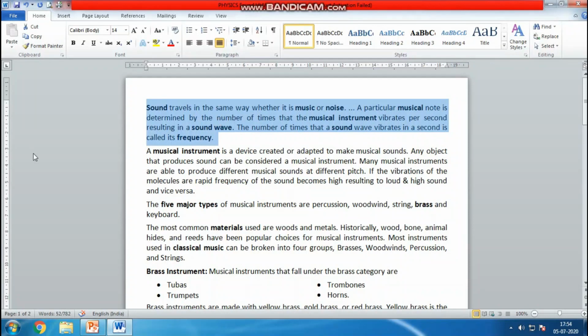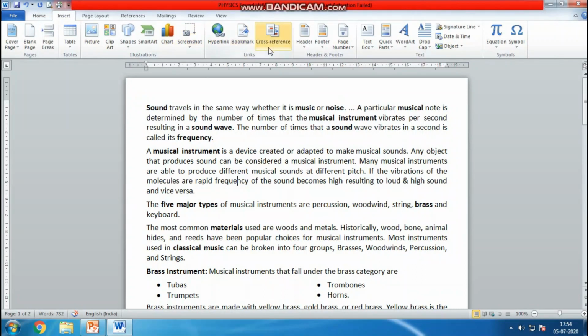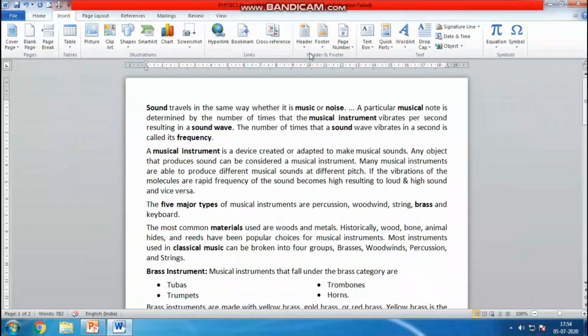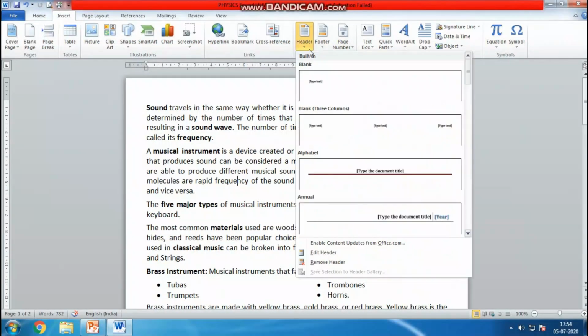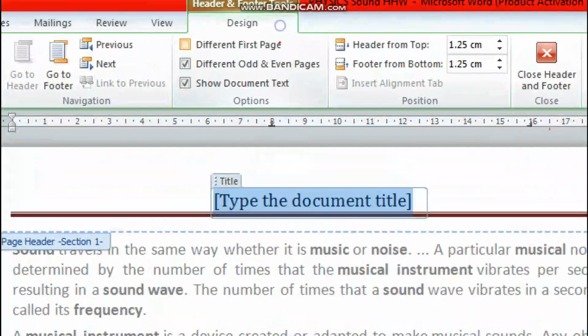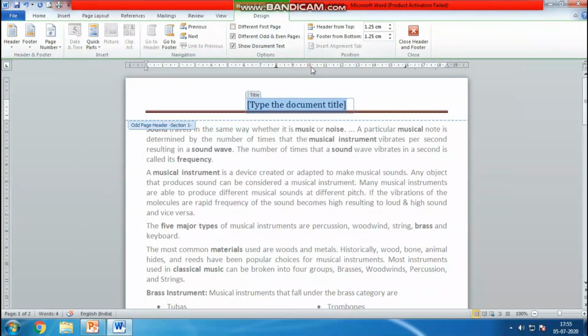Now coming to header and footer, we'll go to the Insert tab. There we have 3 options. You have header, footer and page numbers. Now coming to the header, I am going to choose this header. So when we insert a header and footer, you can see a new tab, the design tab, which appears on the ribbon. Now I am going to type in this